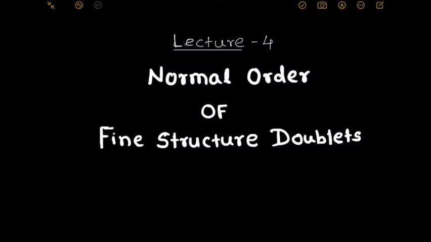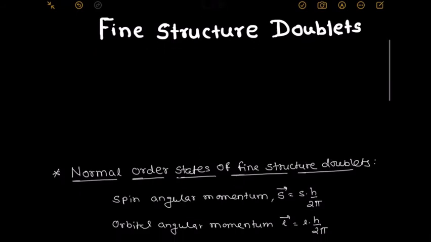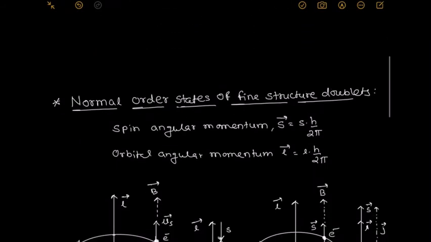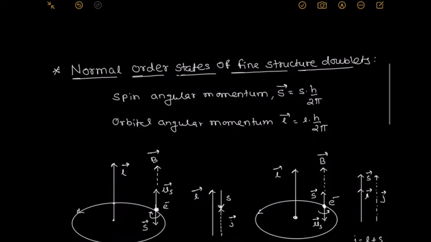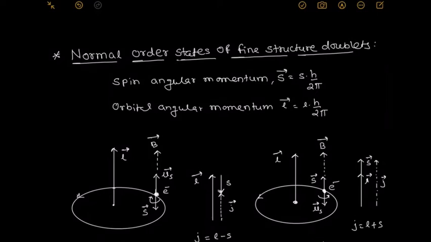Today we discuss the next point, the normal order of the fine structure doublet. In that article, we explain the normal order states of the fine structure doublet. As we discussed earlier,